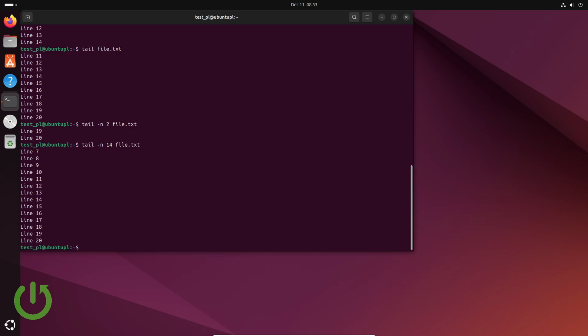The tail command also has a very useful feature, because we can monitor a file in real time. It might be very useful in, for example, logs. I will show you that right now. We basically can write tail minus f and the name of our file, and as you can see, something like